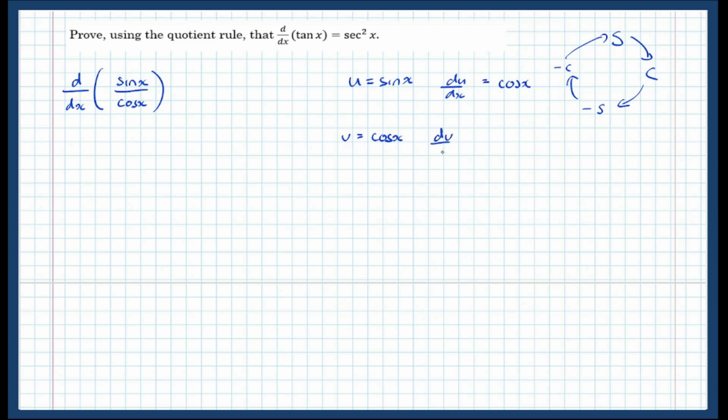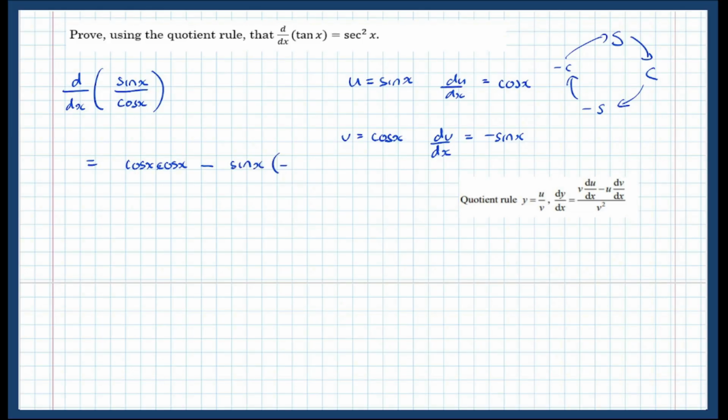And we can see from the wheel of differentiation that the differential of that, dv by dx, must be minus sin x. So applying the quotient rule now, and the quotient rule actually is given in the formula sheet. So let's put it at the side there. And there it is. So this one's from the OCR formula booklet, but your formula booklet will give you a similar representation of the quotient rule. So we see that it's v du by dx, so that's cos x times cos x minus u dv by dx, which is sin x times minus sin x,